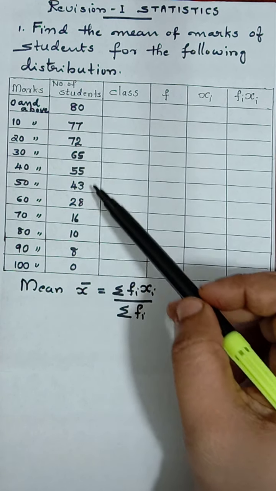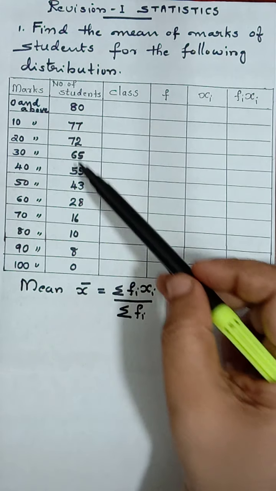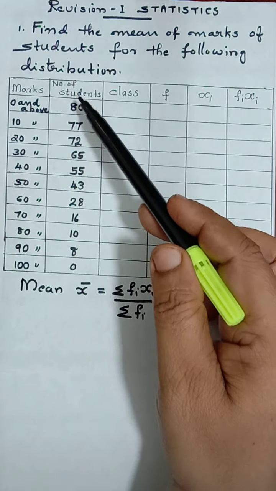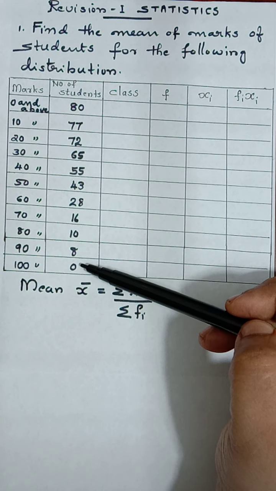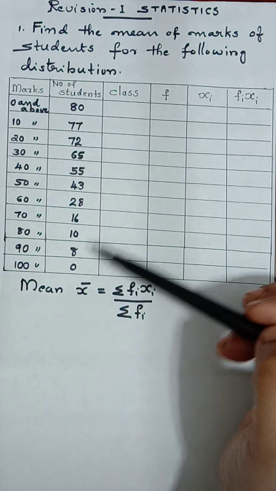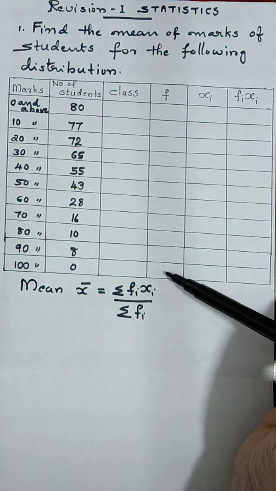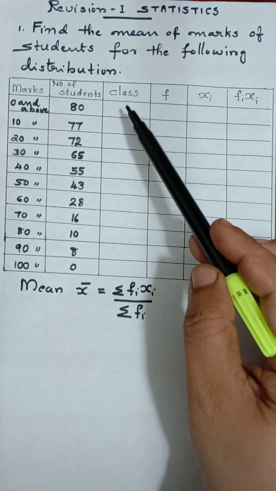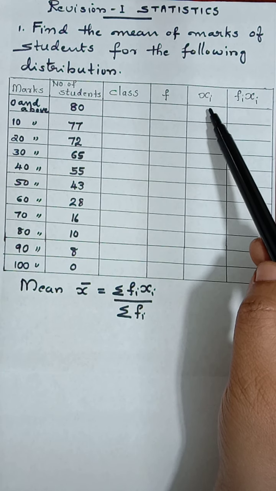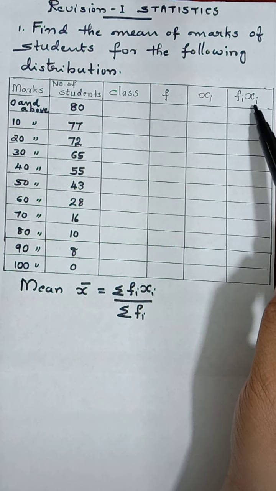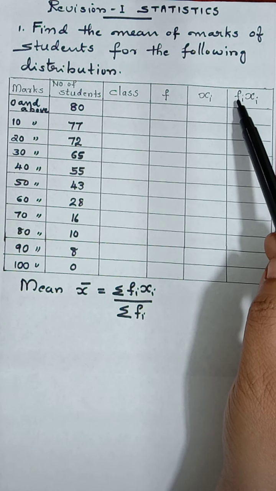This is cumulative frequency. CF is given to us. It comes in increasing order from bottom to top. From top to bottom it is decreasing order. 0 and above, so it comes in decreasing order. So we have to get the frequency column instead of cumulative frequency. So we will find the class, frequency fi, xi, which is called the mid value of the class, then the product of mid value and fi frequency.